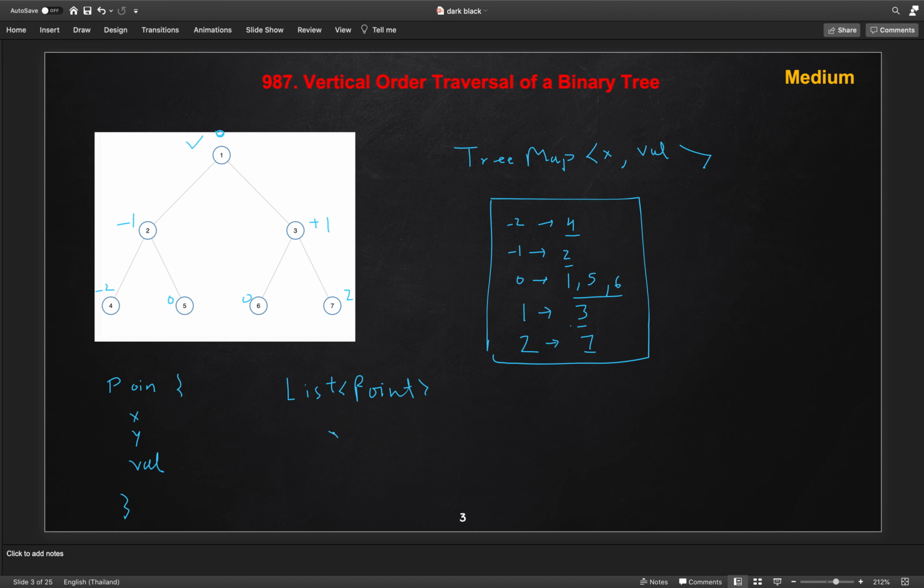We will sort the array using Collections.sort, and the list itself. So we will pass the list, and second we have to pass a custom comparator. So we will pass our comparator here. I am using a Java 8 lambda for comparing this.